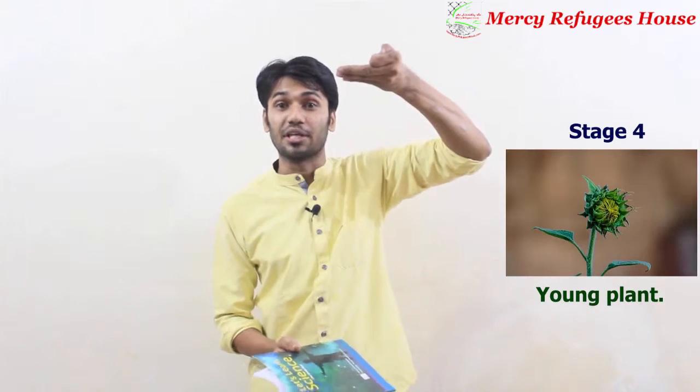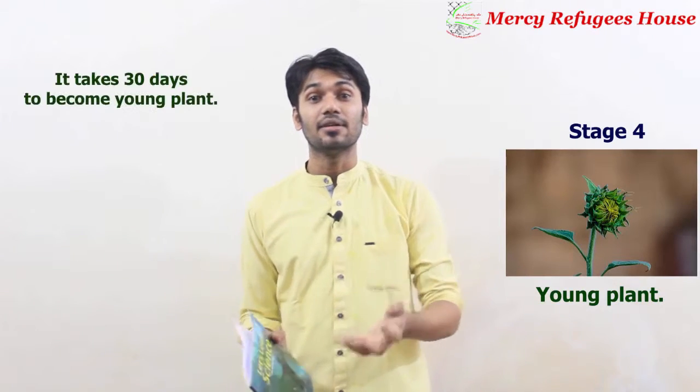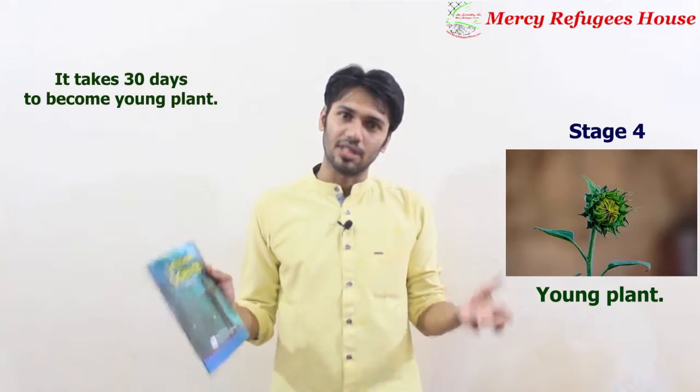But let me go through all the stages briefly, okay? The next stage of the sunflower life is the young plant. Well, it takes around 30 days or a month to grow. That means the seedling keeps growing for 30 days. That means one leaf after another leaf after another leaf and the tree keeps growing. Even the stem keeps growing. This is the stage we call the young plant, and it takes around 30 days to become this young